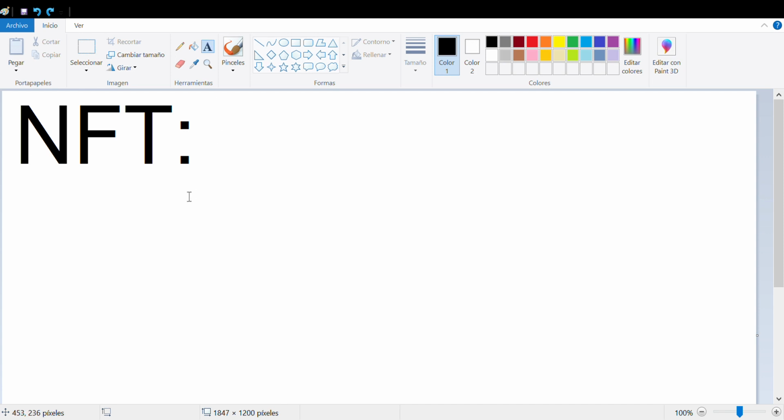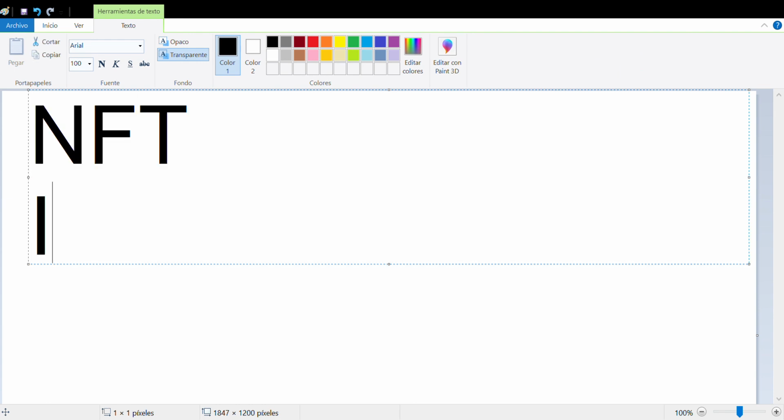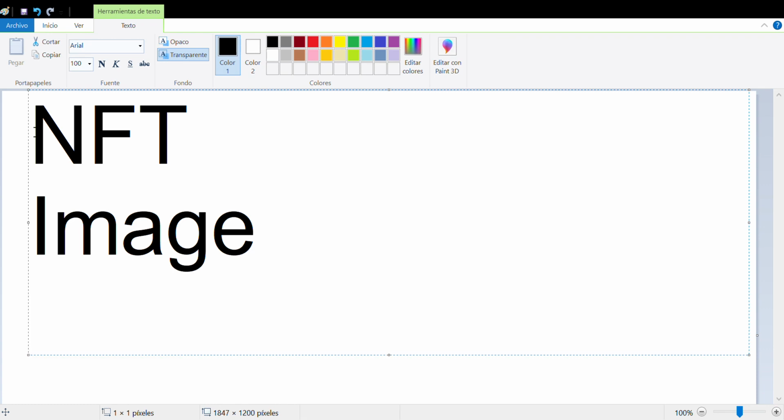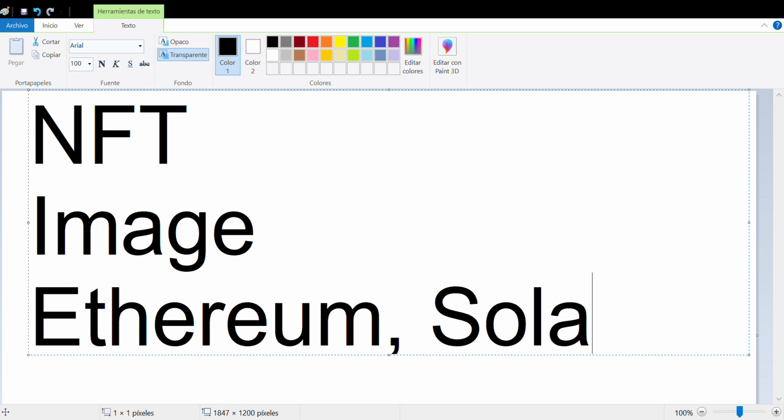So let's move on. What we're going to do is create an NFT, which is an image, and we can make it, for example, on the Ethereum blockchain. We can make it on the Solana blockchain.